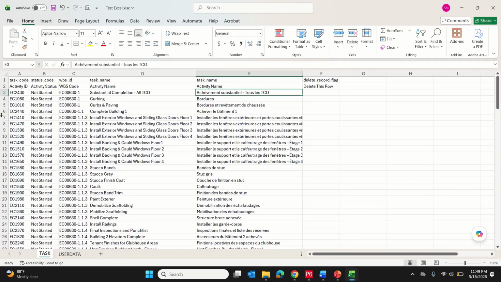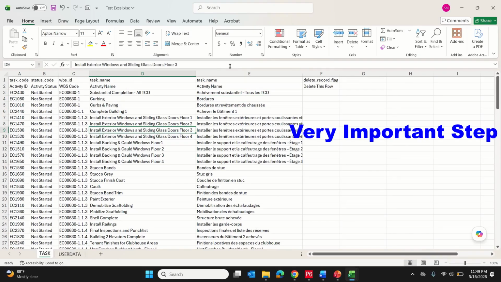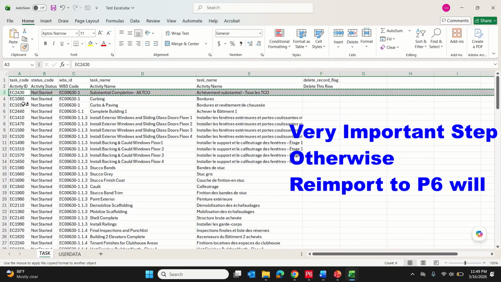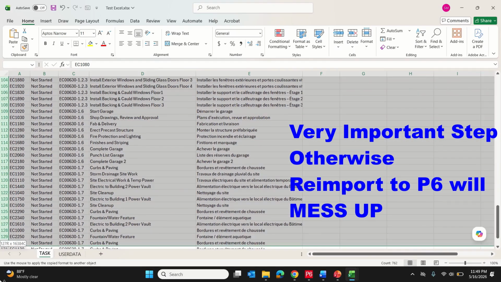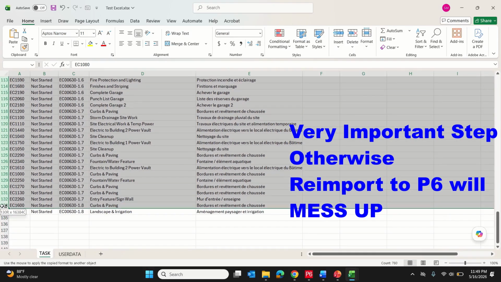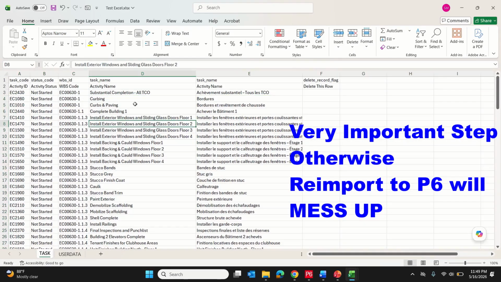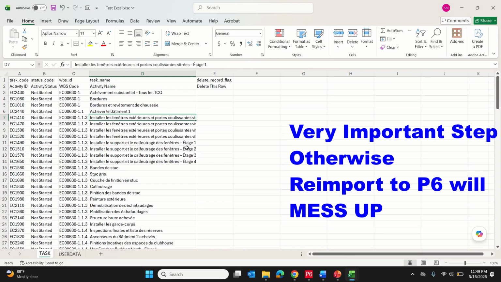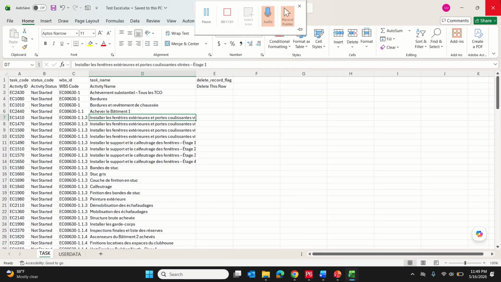Now what you need to do is make the properties same. Select the first activity, make properties of all the rows same, delete it and save the file.